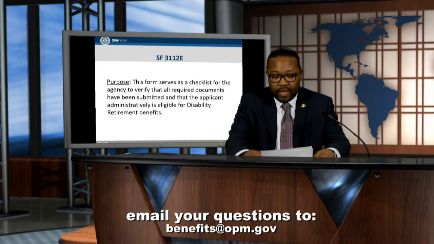We want to ensure that the individual has at least 5 years of service for CSRS or 18 months of service for FERS. This form also advises the OPM whether the applicant is in current pay or not.